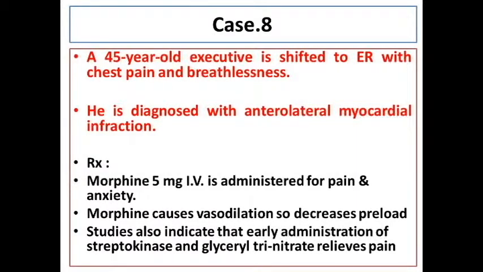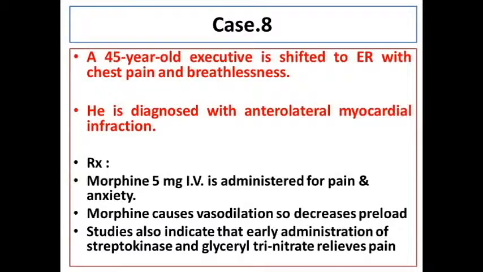He is diagnosed with anterolateral myocardial infarction. Now we have talked about this in the past. Of course, we require nitrates and so on as rescue medications. But then again, morphine is one of the drugs of choice in this case to relieve pain and anxiety in this condition. Morphine helps dually: it reduces pain, and the second one is it also shifts the fluid from the pulmonary segment to the systemic region, so it helps in that way also in patients of myocardial infarction.